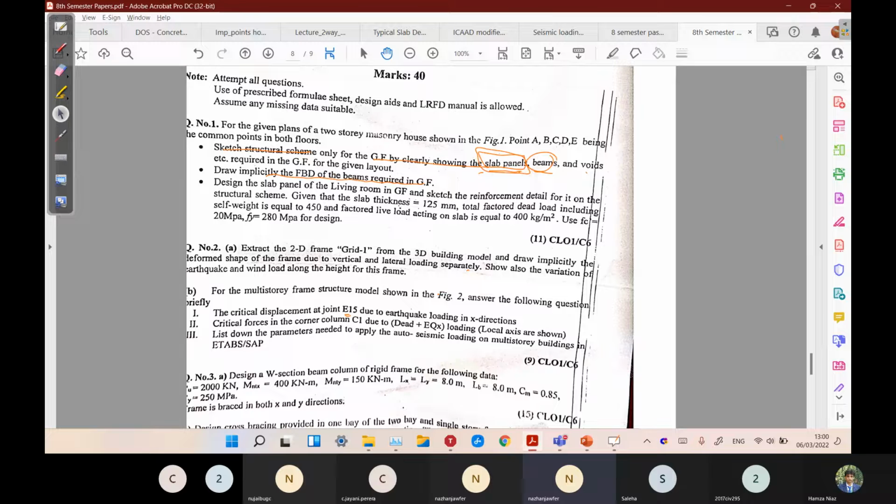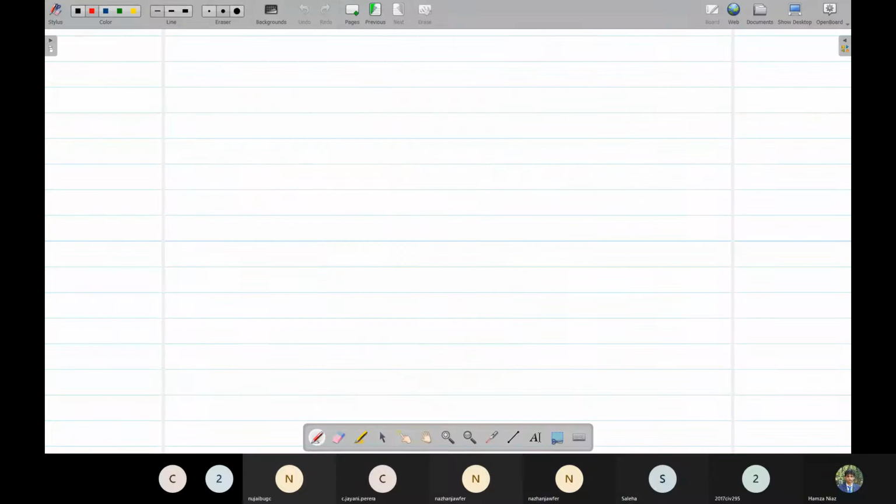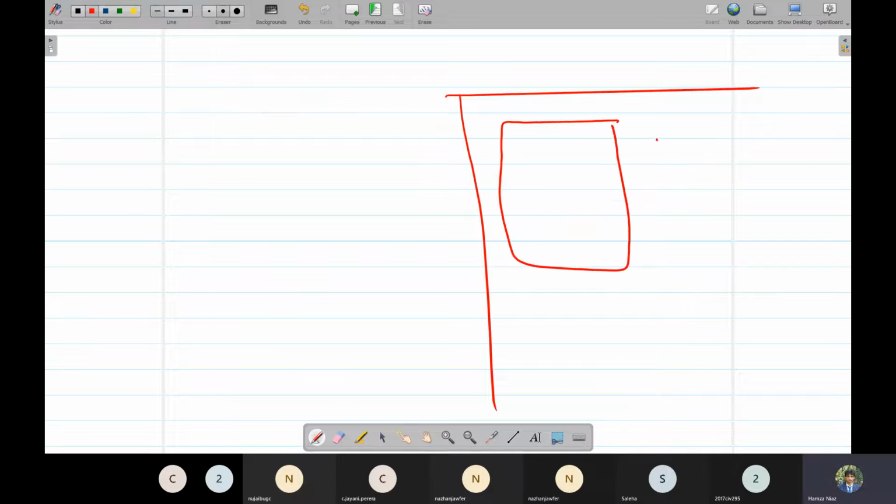Brother, I have one question. While we are drawing the beams and designing the beams, if one beam is resting on another beam, at that time how can we take that middle load? Okay. So for example, this is